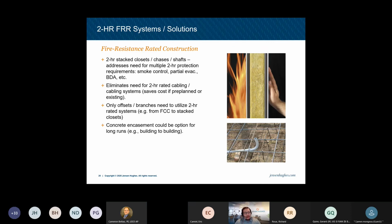So some solutions that are advantageous, what we'd recommend considering on the design and construction side. Getting 2-hour stack closets, chases, shafts, addresses the need for multiple 2-hour protection requirements. So in a high-rise building, in most of the buildings these days where the fire alarm system is doing the smoke control, you're going to have the 2-hour requirement for survivability. You're going to have the 2-hour protection requirement for the smoke control, and you're going to have the 2-hour protection requirement for the BDA. So by getting a 2-hour stacked closet, you can have your fire alarm backbone in there